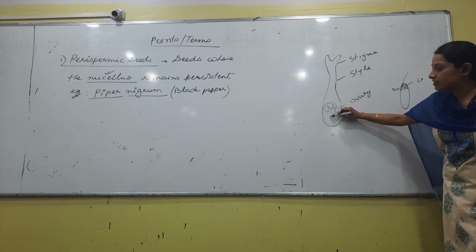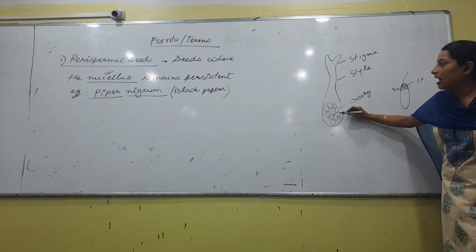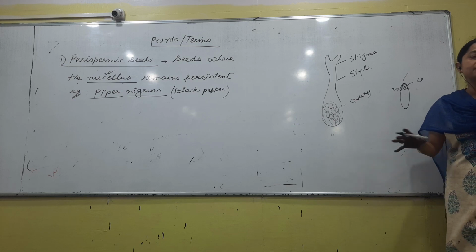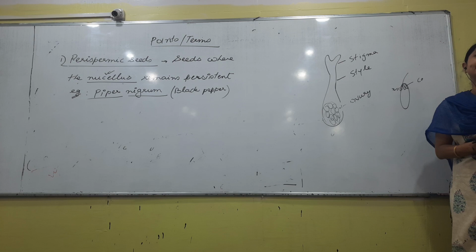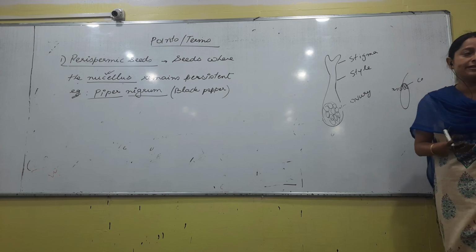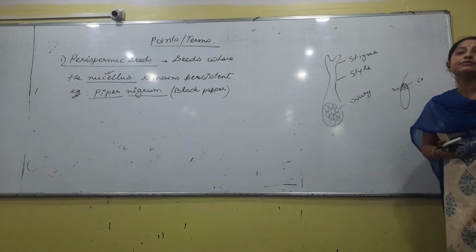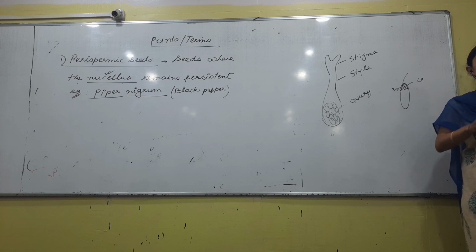It was made up of certain cells, right. Again, how does the ovule develop? How does the pollen grain develop inside the anther? Again, these are the portions from your second year course, right. We have certain topics called microsporogenesis and megasporogenesis. I think you all have heard about it, right.